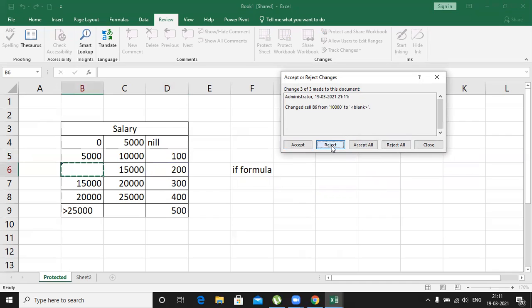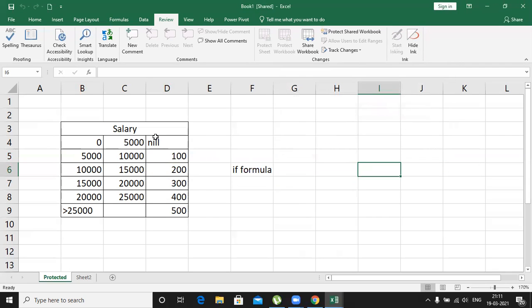If I click reject all at once, it will work. So even though somebody deleted or modified, I can track whatever data was deleted and modified, and where exactly, in the working area.